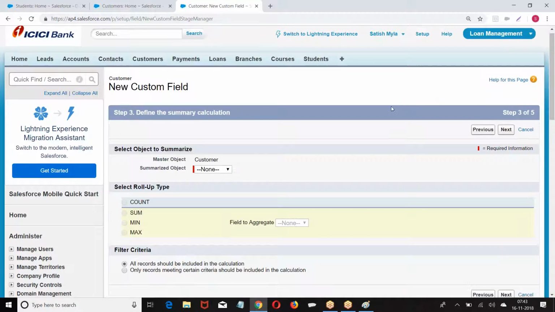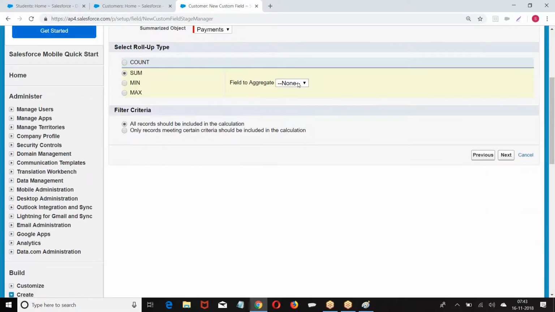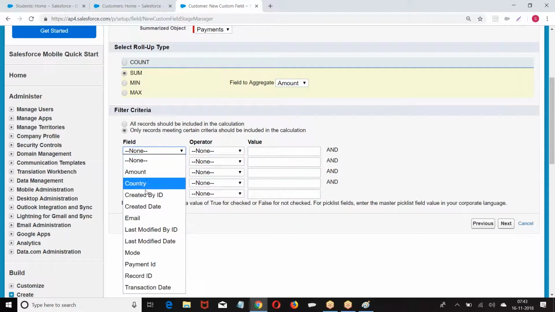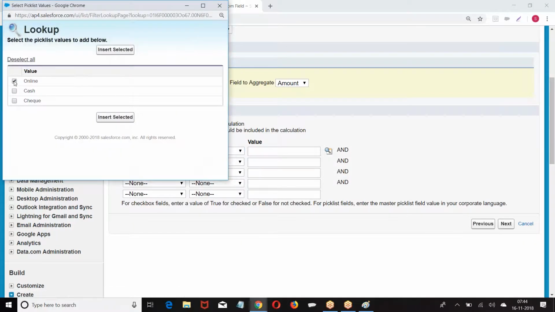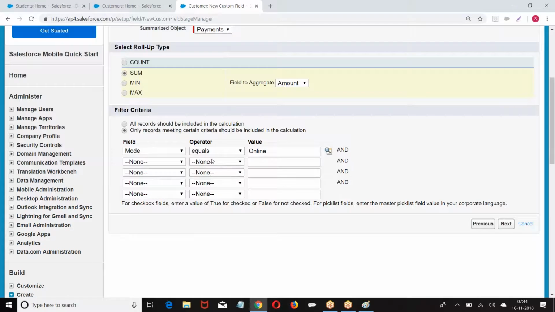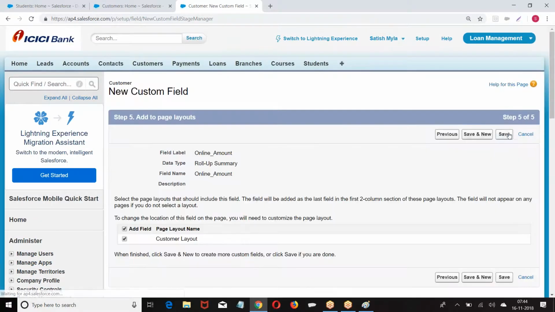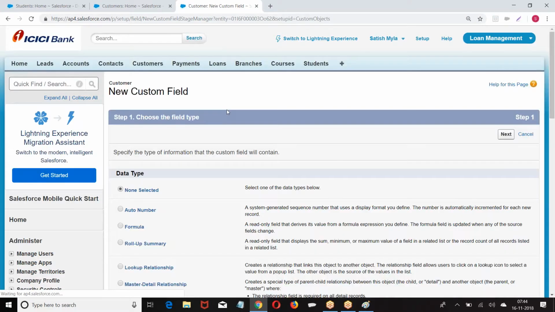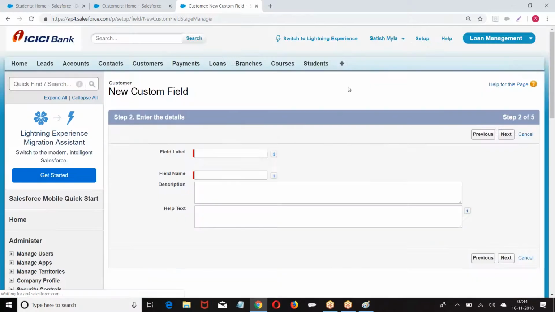Next. Sum of amount. Now the filter is sum of only online records. Roll up summary. Next.